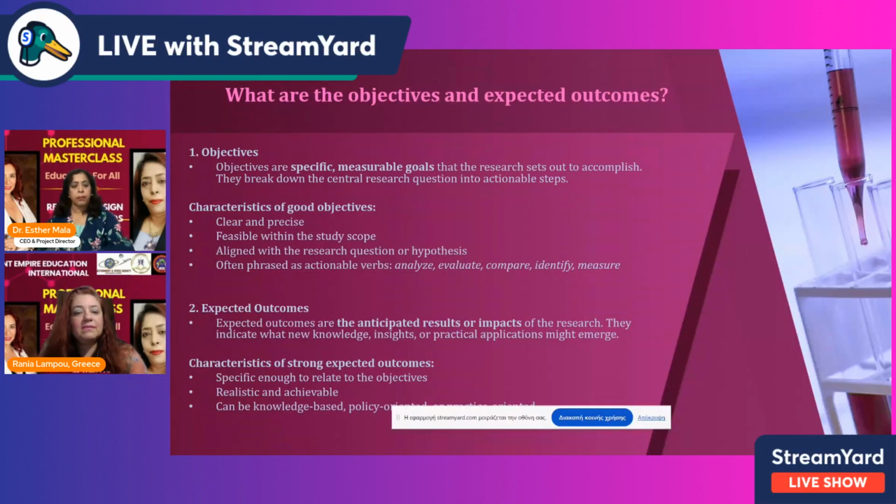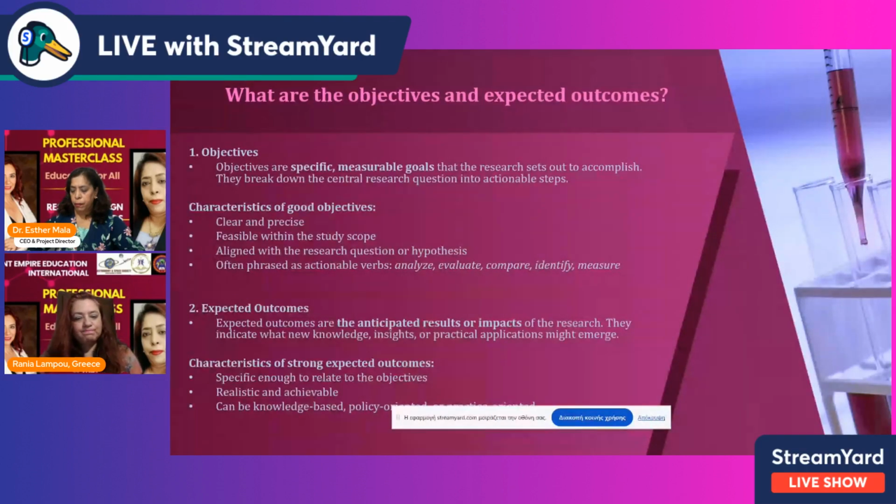We all know already that objectives should be specific, measurable goals. And objectives break down the central research question into actionable steps. The characteristics should be that they should be feasible, aligned with the research question, clear and precise. And what will be the expected outcomes? The anticipated results or impacts of the study, what new knowledge or practical applications might emerge, and what are the characteristics of expected good or strong expected outcomes, that they are realistic, they are tangible, they are achievable,